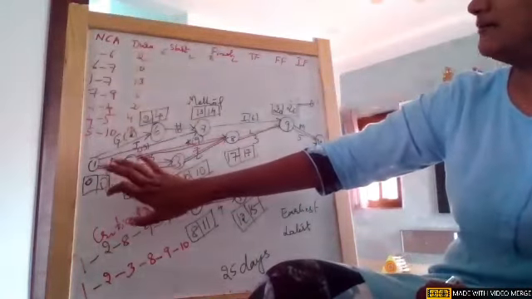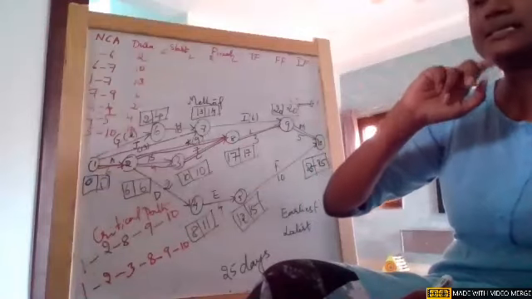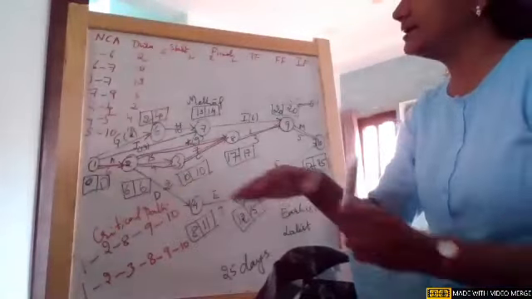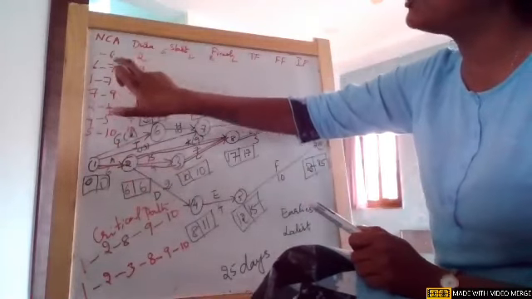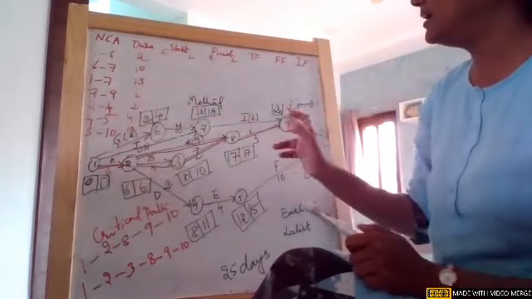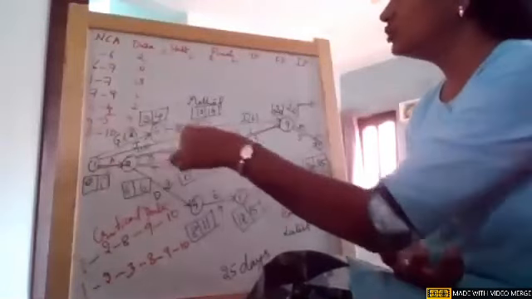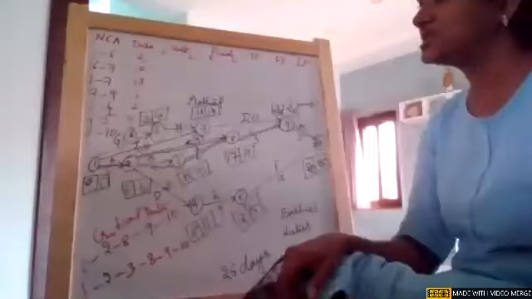It is very simple. These are the non-critical activities, girls. You can see them, that means those which are not falling under the critical path: 1 to 6, 6 to 7, 1 to 7, 7 to 9, 5 to 10, 4 to 5, 2 to 4. All these are the non-critical activities which I just mentioned.